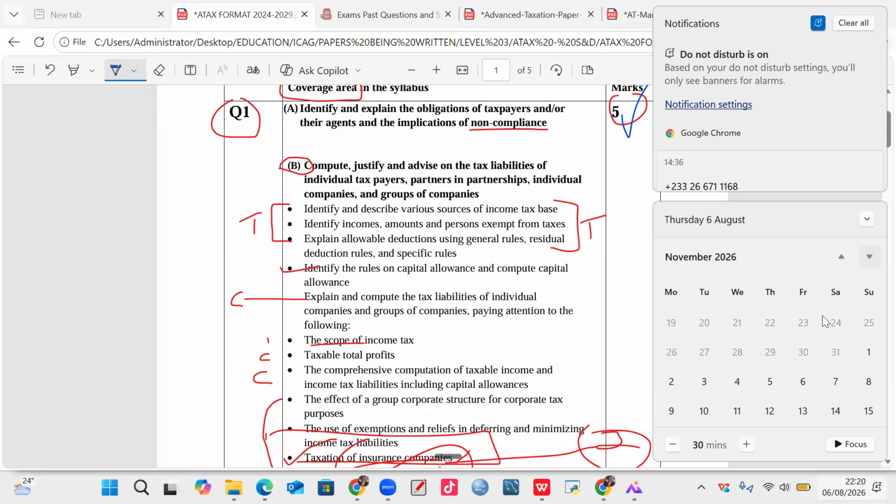Sorry, my network went off. So in November, the exam will take effect second week of November. November 1st is Sunday, so I think it will be the first week. So it means the intervention will be somewhere 19th to 25th. That's what the intervention will cover. Then from 26th will be the personal studies of the students.